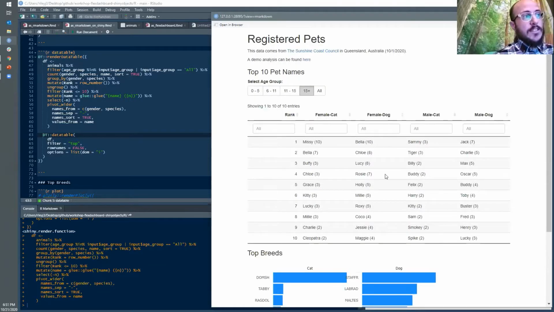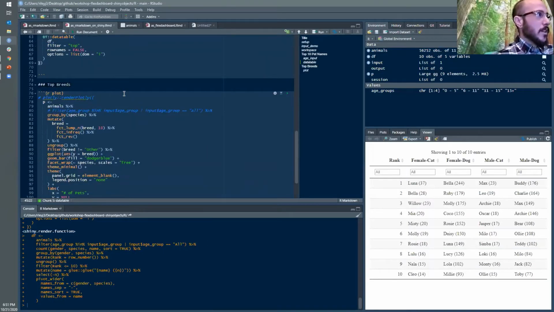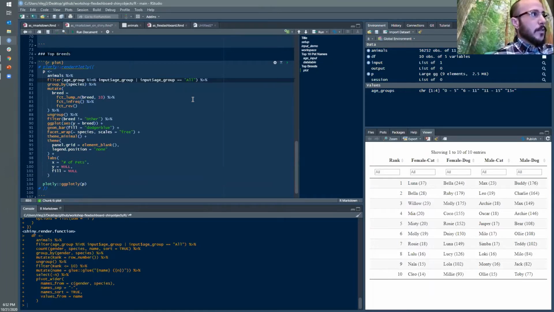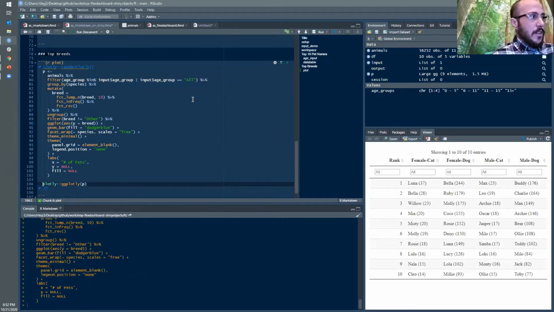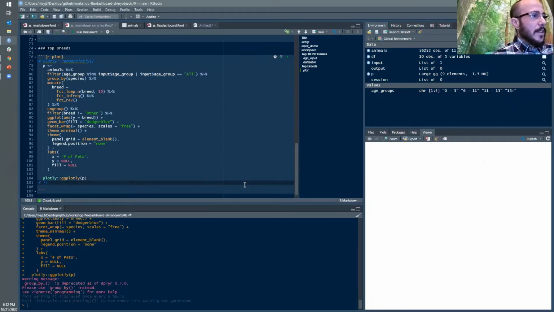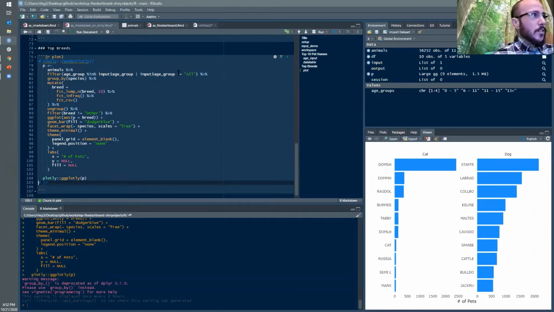So great. Our data frame is updating, but our chart so far is not. So now we need to figure out how to get our chart to also react. Pretty similar to before, we're just going to add a little logic for it to filter on those conditions, because we have that input age as a dummy object. When this runs, inside render plotly, it'll make a little p object, and then I'll call ggplotly and it'll print it out for me. So this is with that data filtered. And because I need it to be reactive, I then need to put it inside the render plotly function. So now if we run this,